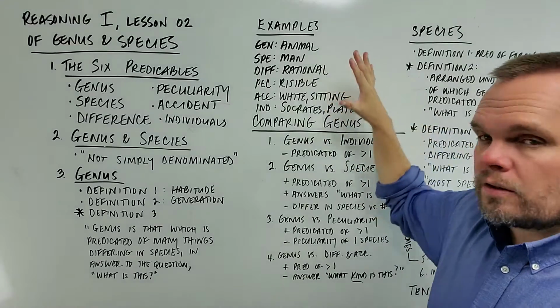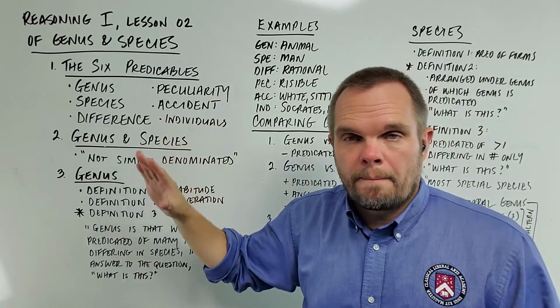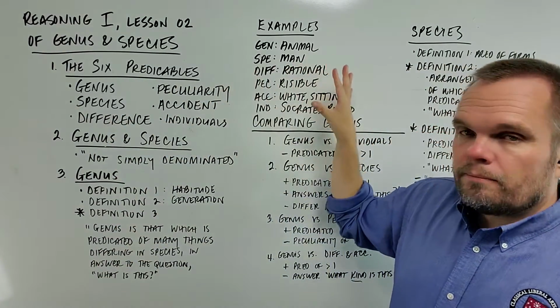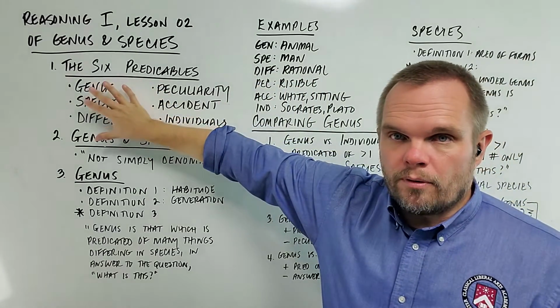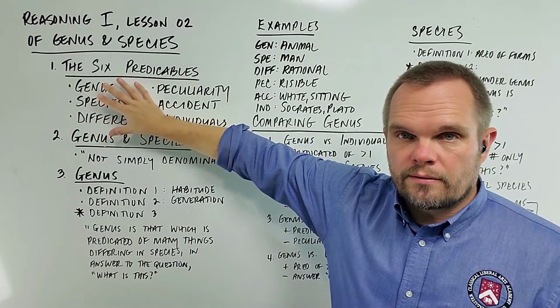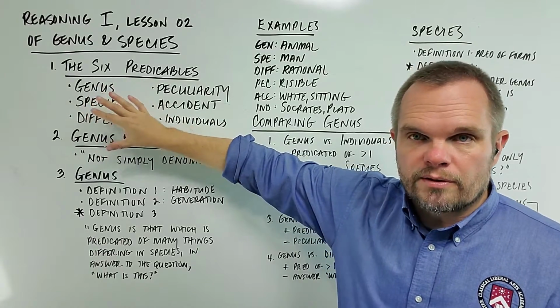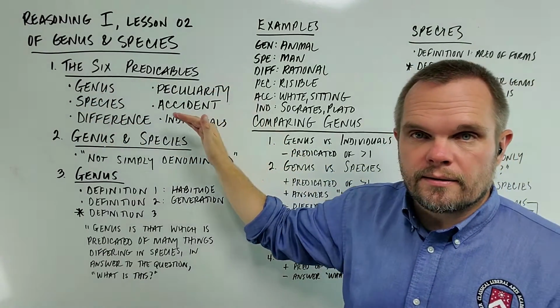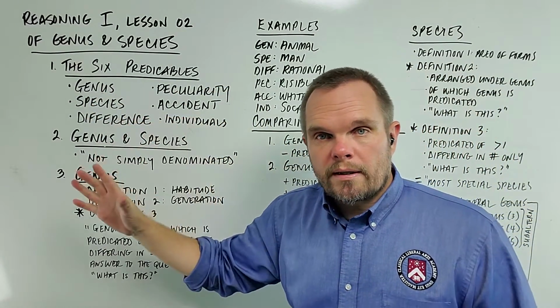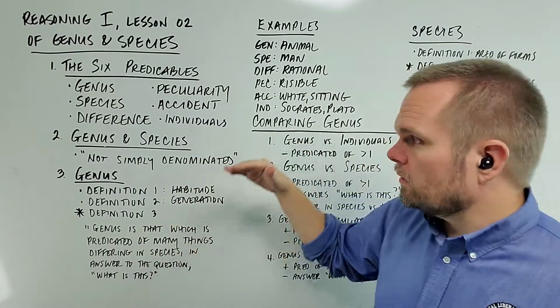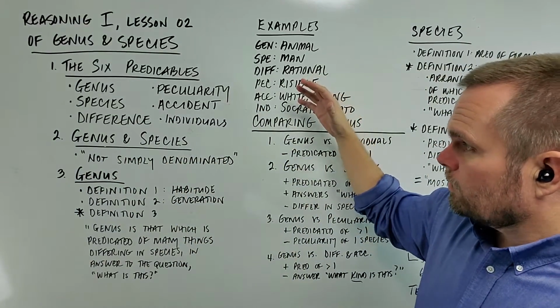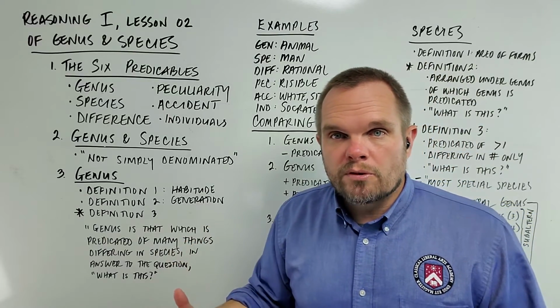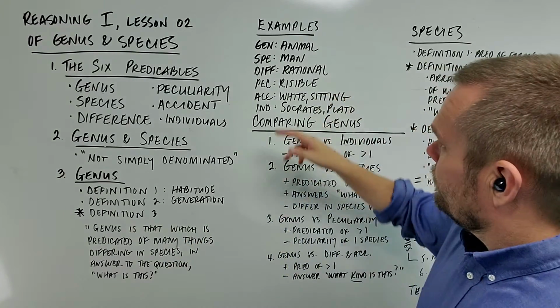But one thing he does first that I want to talk about is he takes a moment to give us an example of each of these things: genus, species, difference, peculiarity, and accident. Okay? So let's quickly look at an example of each of these, which will immediately help you to understand what we're talking about. Okay? First of all,